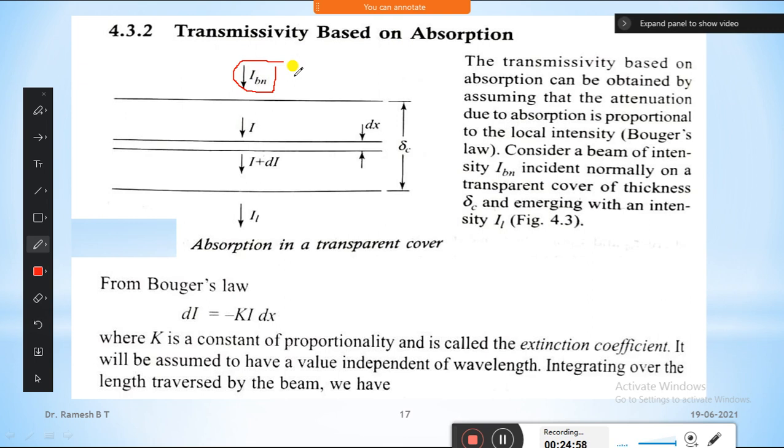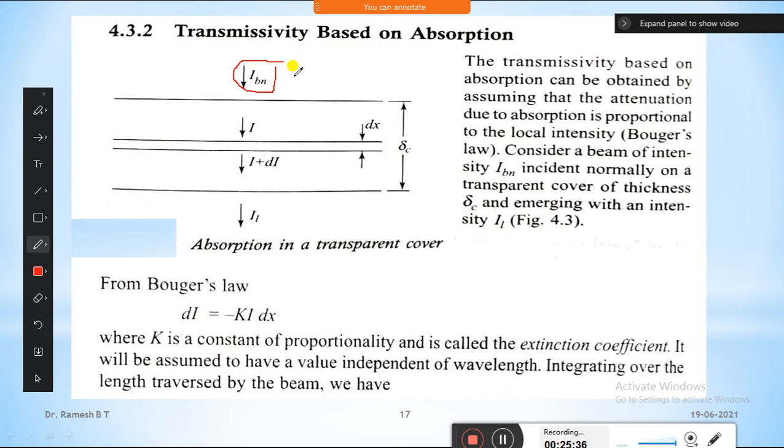I is the intensity of the radiation, and BN represents the beam radiation. Clear? So the intensity is only for the beam radiation, that is the local intensity, and it is given by Bouguer's law. Bouguer's law is given for this local intensity for the transmittivity based on absorption. I_BN is the normal intensity, the local intensity, and it is on the transparent cover,